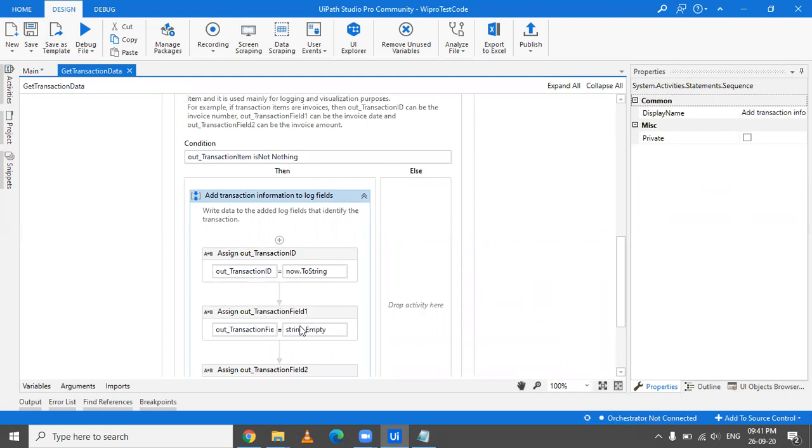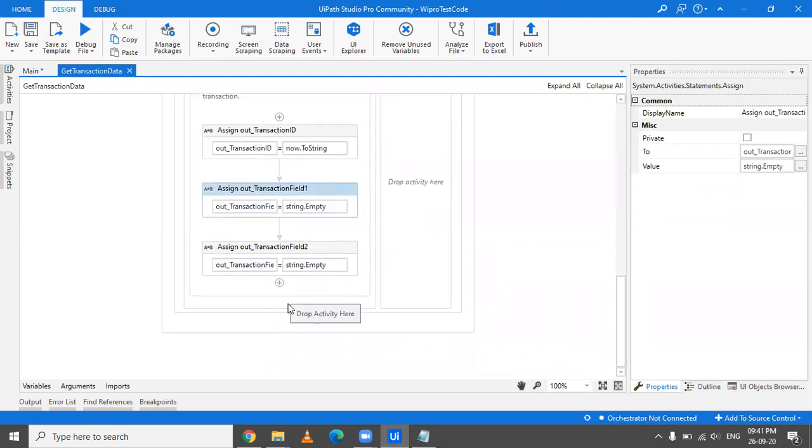And now this transaction field and transaction field 1 and transaction field 2, we are setting as empty null. So instead of setting it as empty and using it, you can even delete it, because there's no point to store empty in it and then just passing it out. So if you have anything related to your process you want to store, suppose in some case you want to store who has sent me this mail, if you are iterating on the mail, you can store that thing in this particular transaction field 1, and you can even write this in your status summary file. But if your process does not demand it, then there's no point of keeping it.